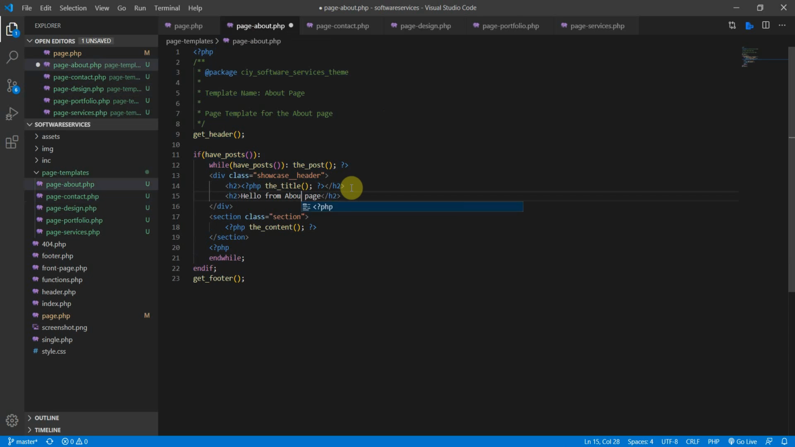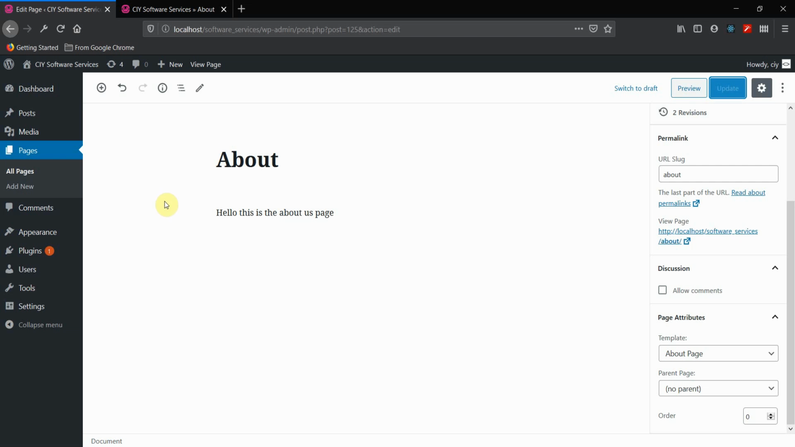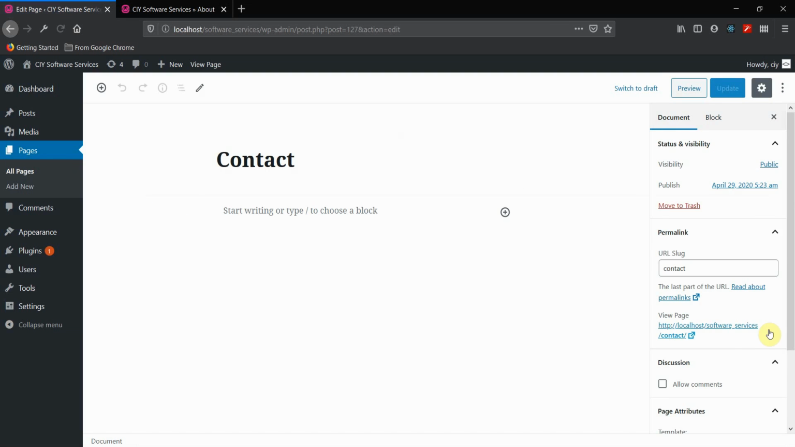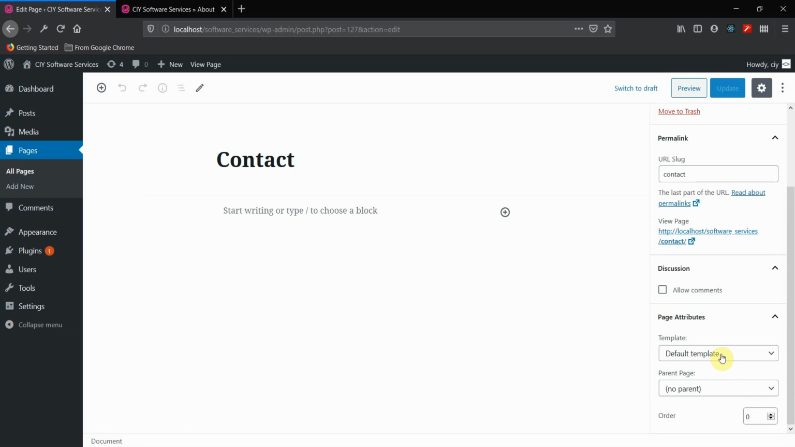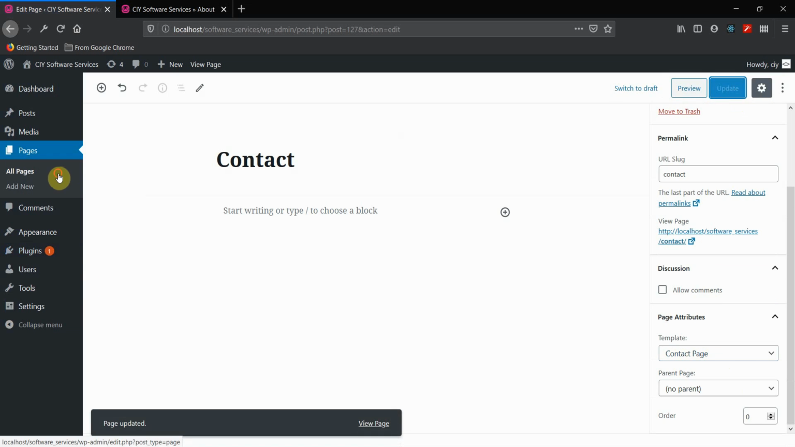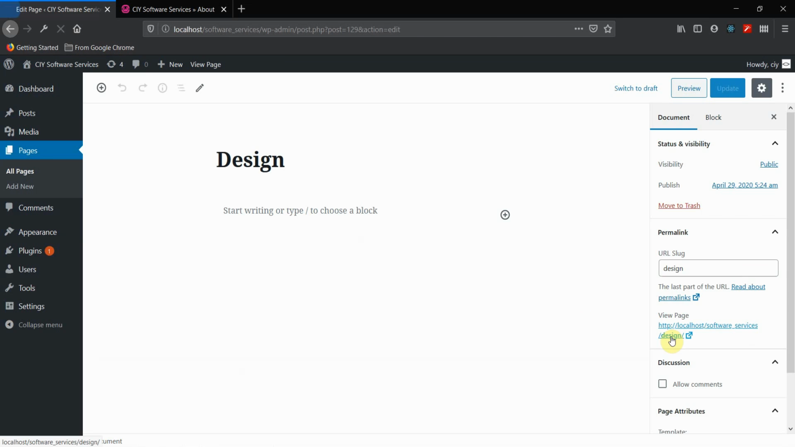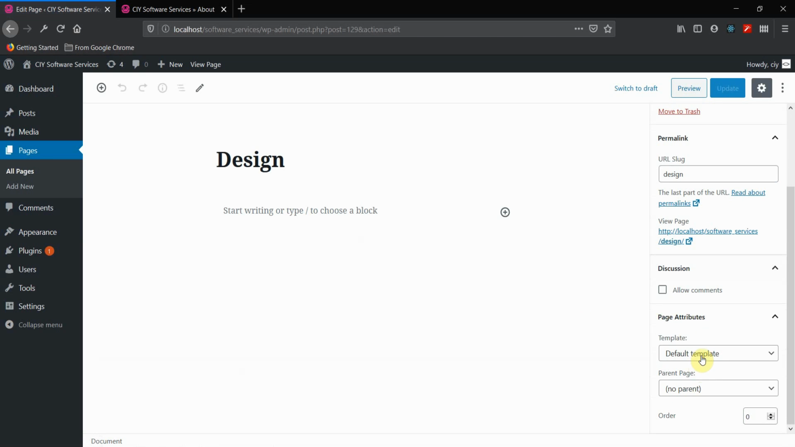From about page, let's save this, and in our backend, let's go to all our pages, and let's add it. So for the contact, let's add default template. So this is the contact update, and then design page,